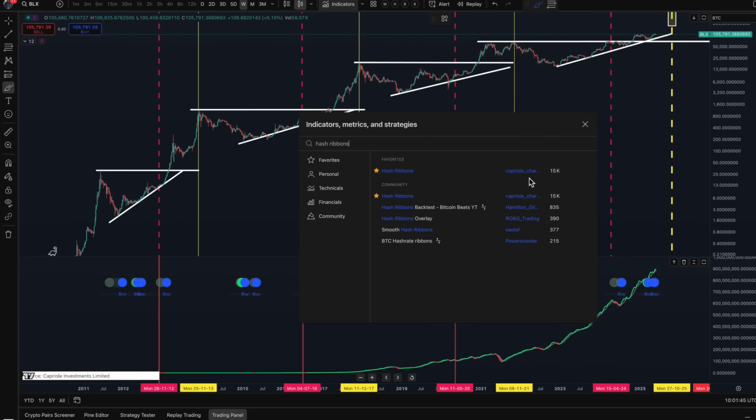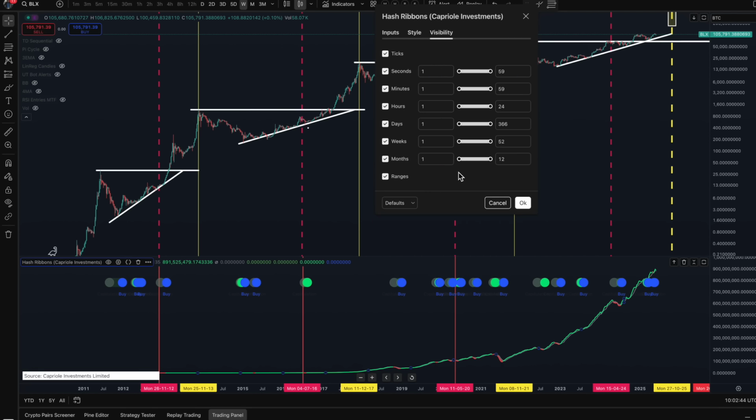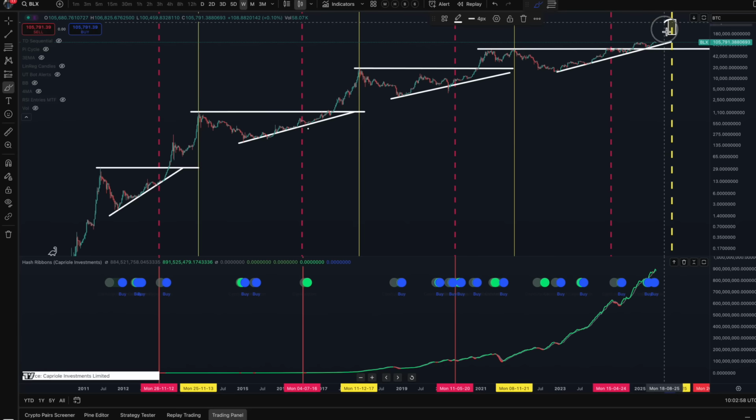the one that I'm using here is by Capriole, the one with 15K here. And the settings are these for the inputs. These are the default settings, and for the style and for the visibility. And because we're coming up to the final stages of the bull market, where we hope the price will go to much higher levels by the end of this year, what I'm going to do is I'm going to take